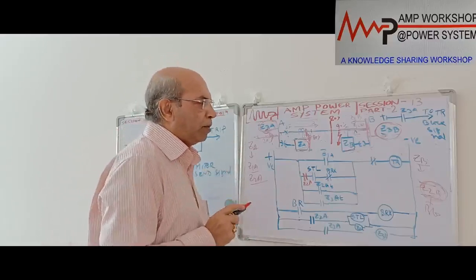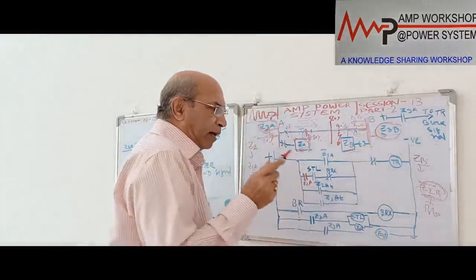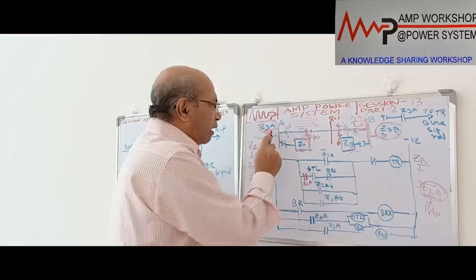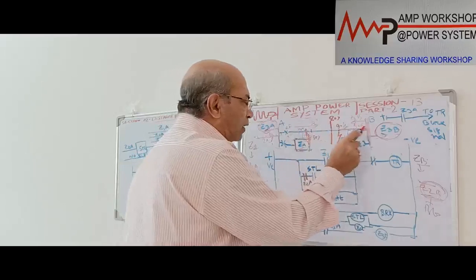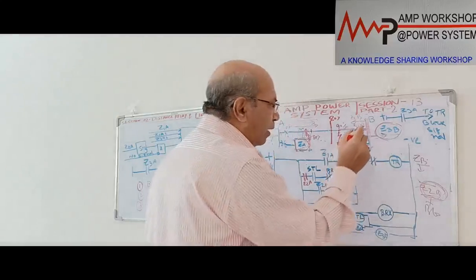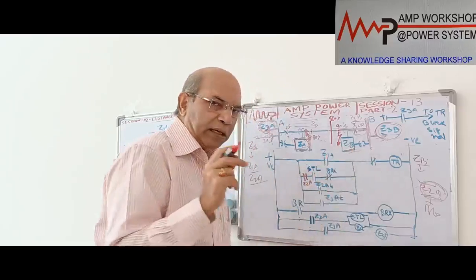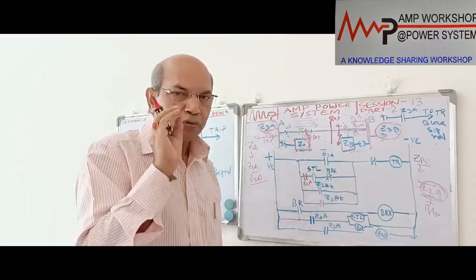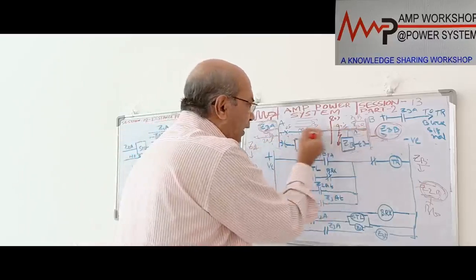But here one of the things we have to mention: the moment Z2 is operated, we have to give some time to Z2 to receive the blocking signal, whether it is received or not. If this element operates, it will send the blocking signal over the channel. It will take about 1 cycle. So the Z2 unit of the B relay, once operated, should give a signal to a timer to spend at least 1 cycle. That 1 cycle is the signal transmission time.